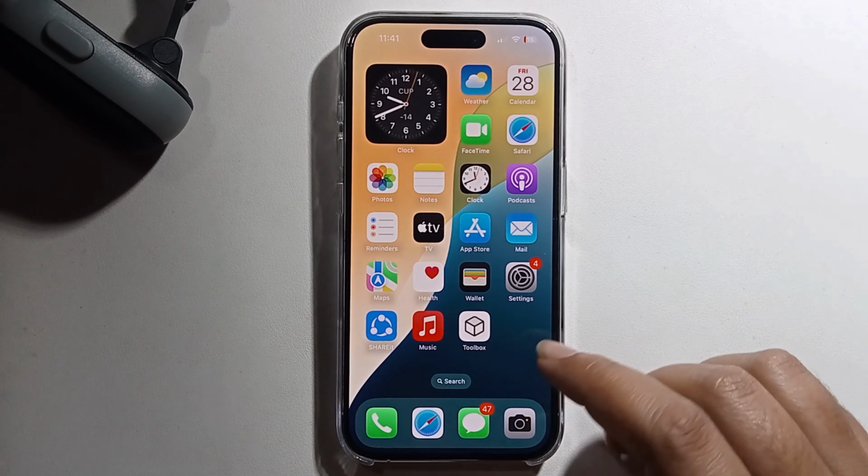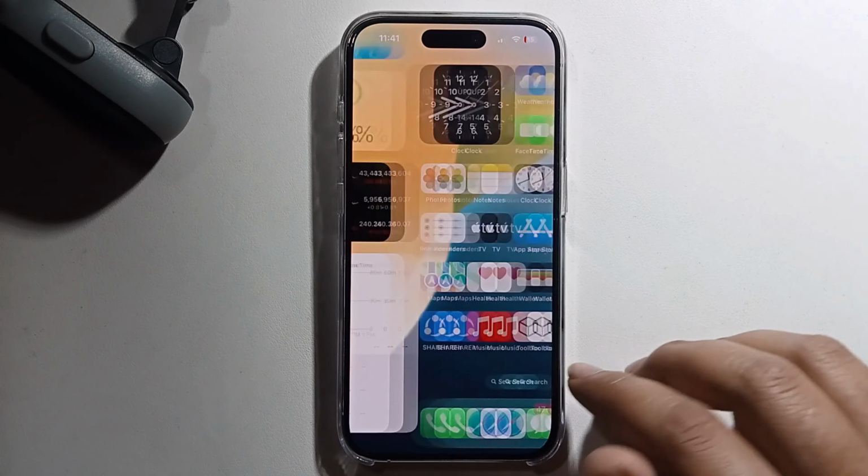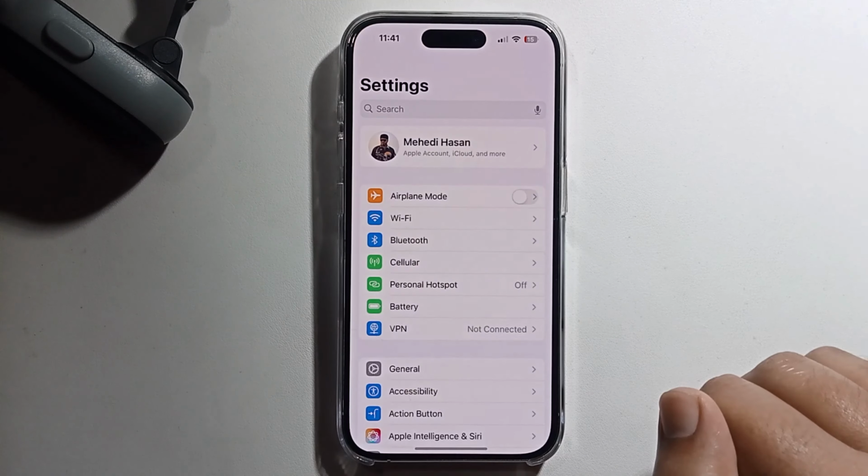Hello everyone, today I'm going to show you how to make app icons black and white on your iPhone. So simply, I'll provide a full guide. At first, open your iPhone settings,